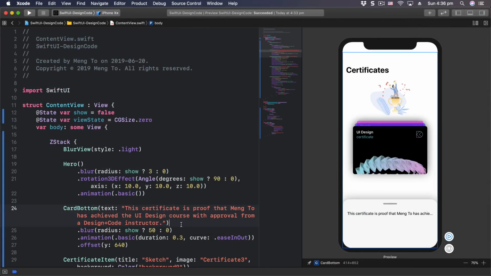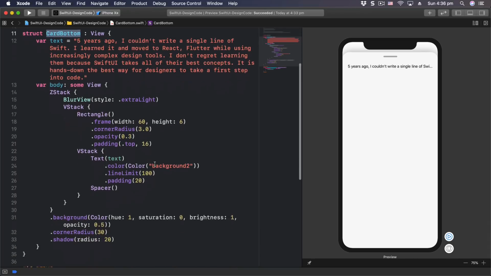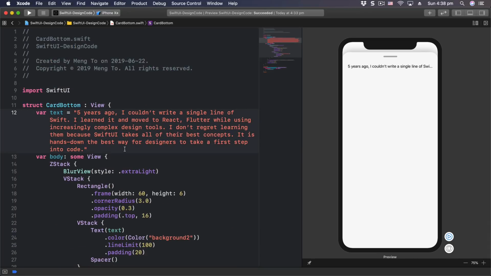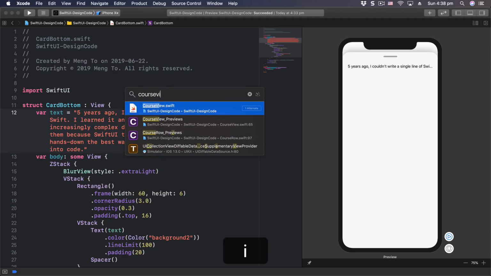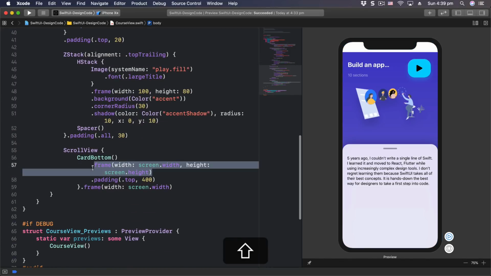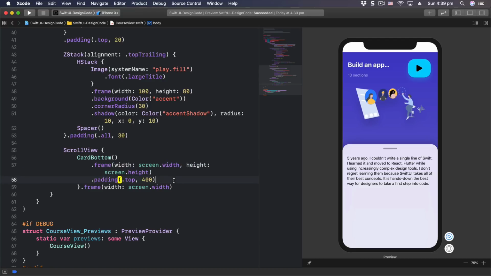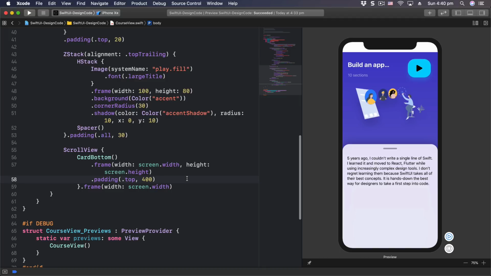SwiftUI is really big on components. It wants to make sure that you're going to reuse all the views that you have created. So for example, we have this card bottom here that I'm using at 2 places, and I can command click to jump to that component and see what's going on. I can customize the data, and I can jump to another page by doing Command Shift O, course, view. This is where I use the card bottom right here with a few customization without even sending any props at all. So we can focus on the styling rather than writing a lot of code for functionalities, which can be